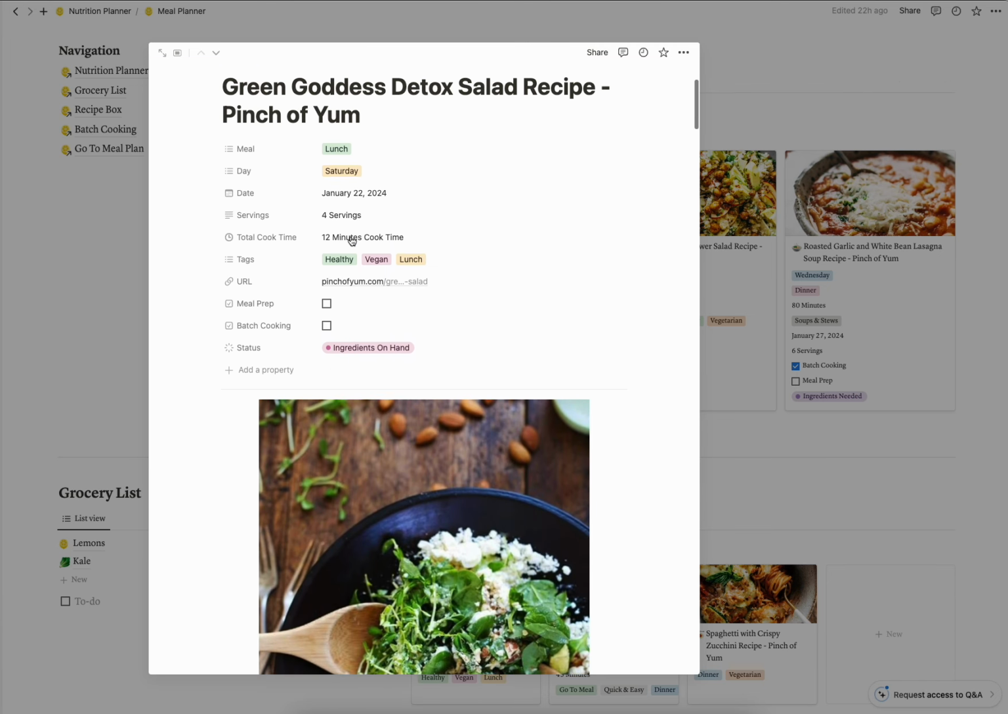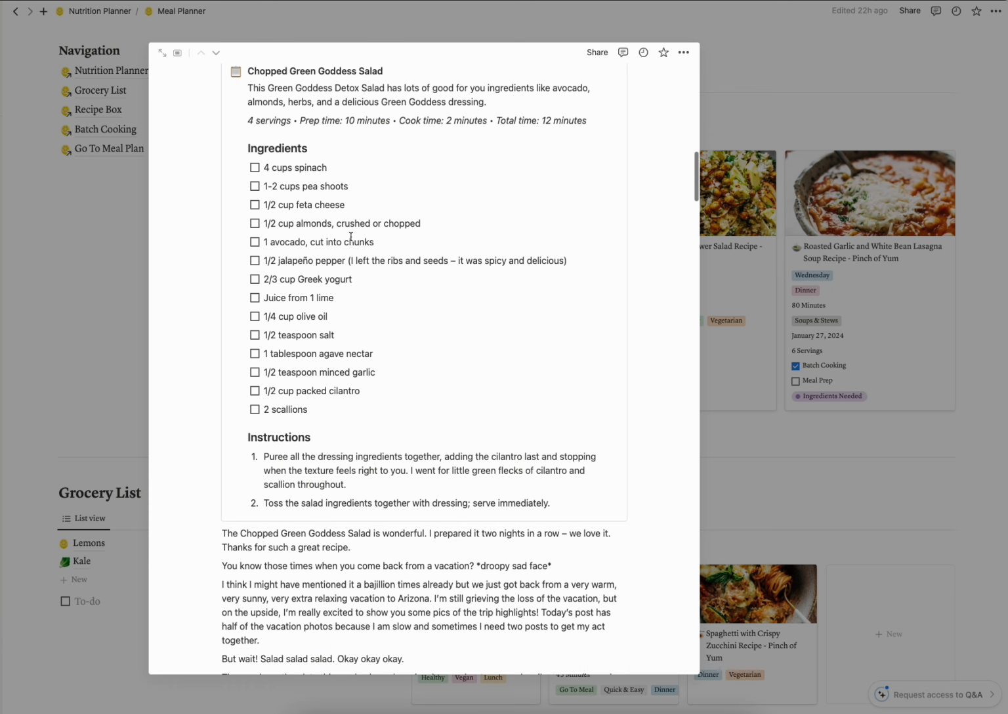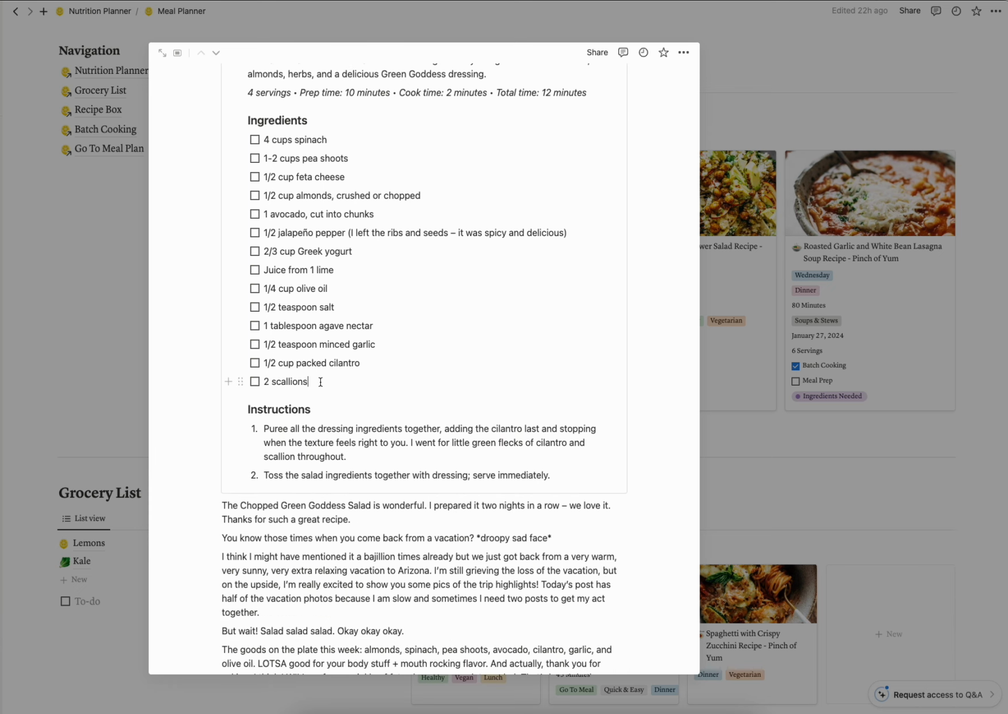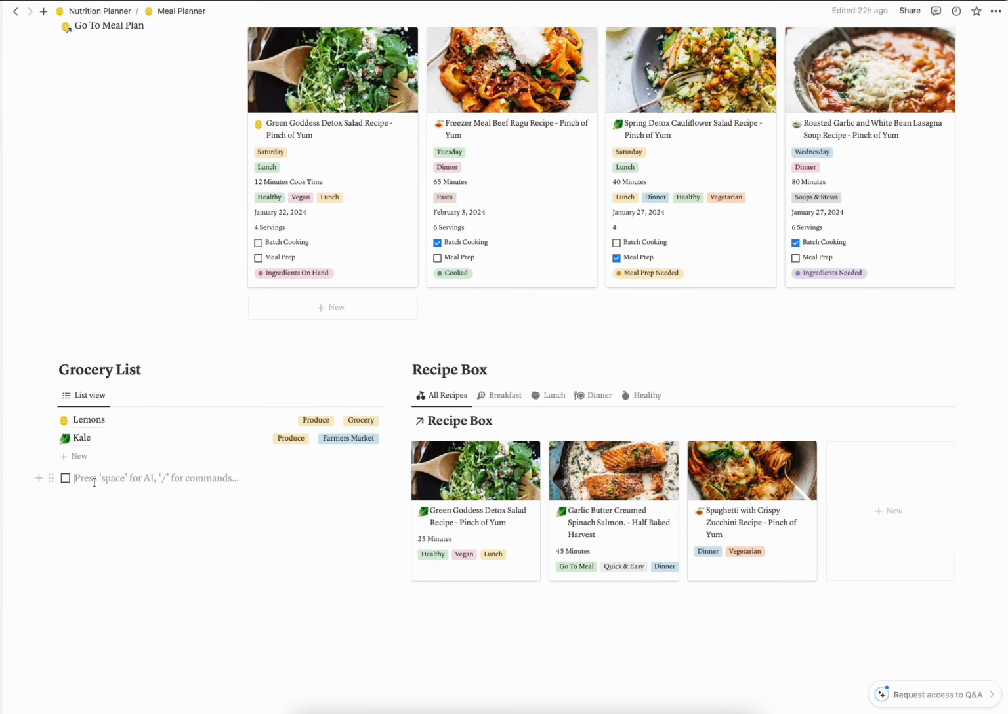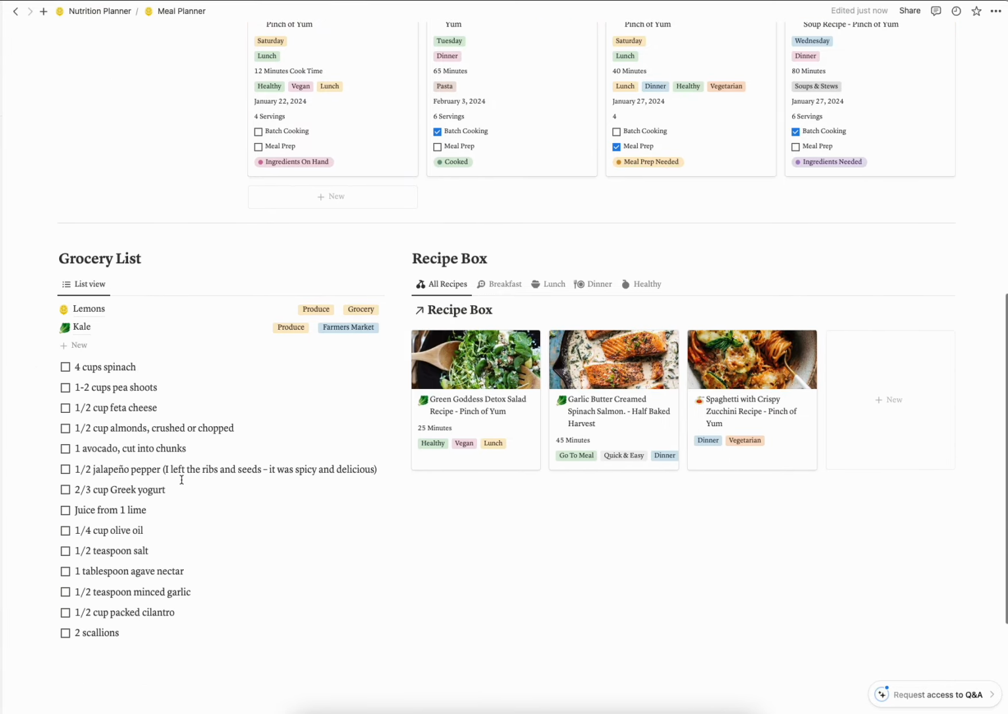So let's say we look at this Green Goddess Detox Salad recipe, and I know I want to make this. So using my mouse, I can highlight these. I'm on a Mac, so I'm going to hit Command C. You're going to hit Control C if you're on a PC. And right here, I can just paste it. I hit Command V, or you can hit Control V, which is the paste shortcut, and you can paste it